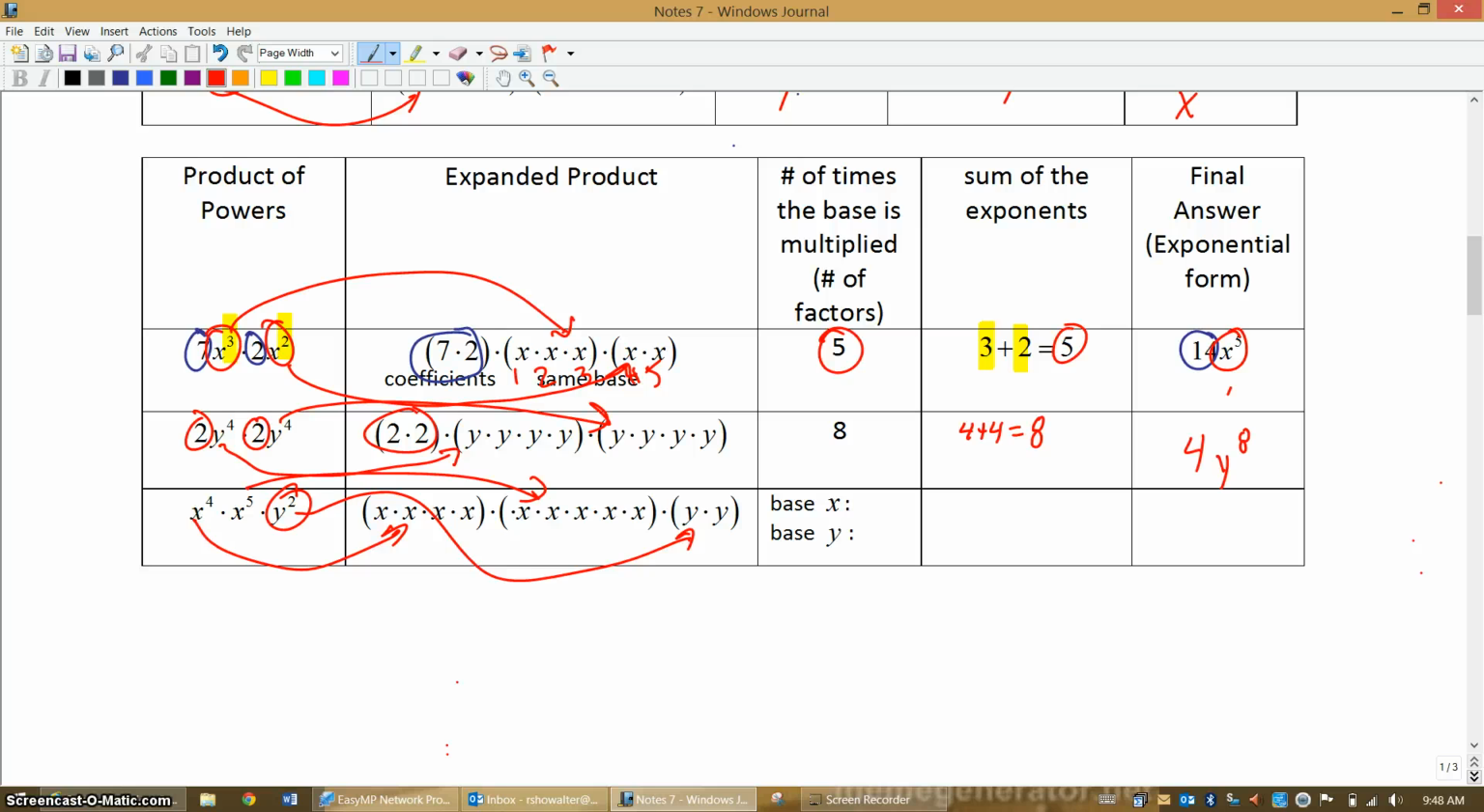How many versions of each base. There is a total of 9 x's right now, and there is a total of 2 y's right now. Just for the x's, the sum of the exponents, 4 plus 5 would be 9. Those are similar. And there's just 2 to the y. There's only 2 y's. And the final expression becomes x to the 9th, y to the 7th. Now we don't add those two